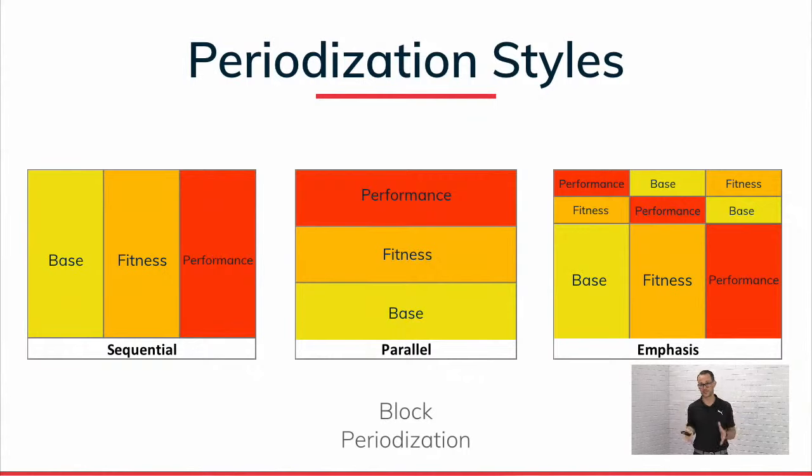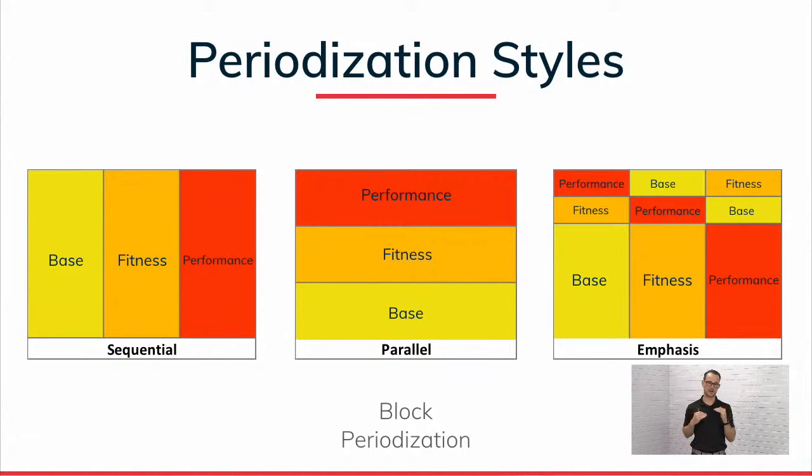So if I was putting together a strength and conditioning program, to use that as an example, rather than base, fitness, and performance, maybe I have strength, hypertrophy, and power. I'm focusing on strength training for 6 or 8 weeks, and then I'm moving on to hypertrophy training for a period of time, and then I'm moving on to powerful, explosive training. So that's how we would describe the sequential approach, from lower intensity to moderate intensity to higher intensity intervals, again for one mesocycle per block.